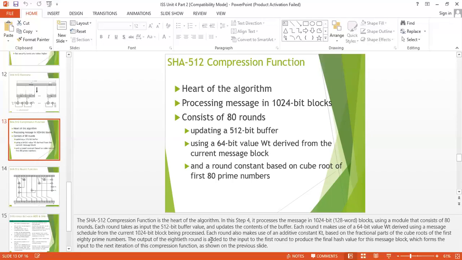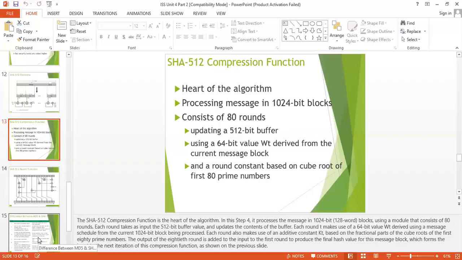The SHA compression function is the heart of the algorithm. In the previous step 4, it processed the message in 1024-bit blocks using a module that consists of 80 rounds. Each round takes as input the 512-bit buffer value and updates the content of the buffer. Each round makes use of a 64-bit value derived using a message schedule from the current 1024-bit block being processed.